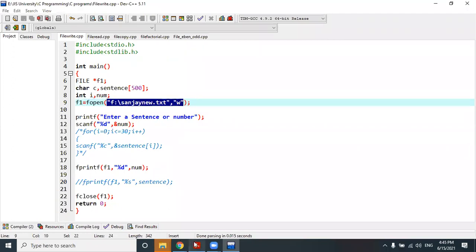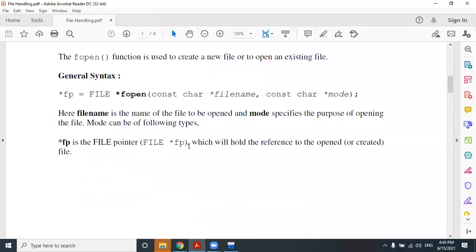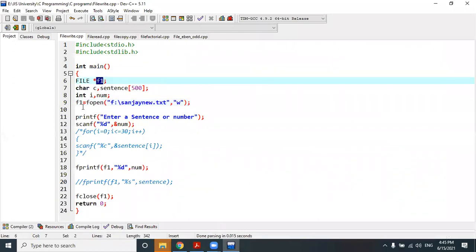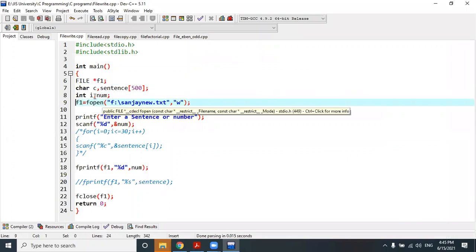So if you remember, I have already shown you in case of the fopen function, which will return a pointer of FILE pointer type. So here in my code, I have used a fopen function and it will return a pointer type, right? f1 is a file pointer. So it actually matches. So you can directly write this file pointer here as well. It's your choice, or you can divide this into two statements.